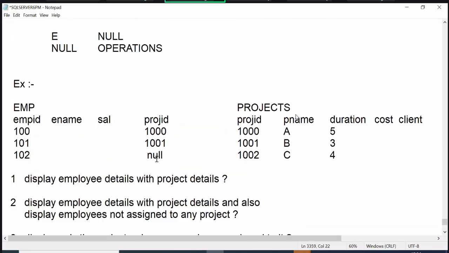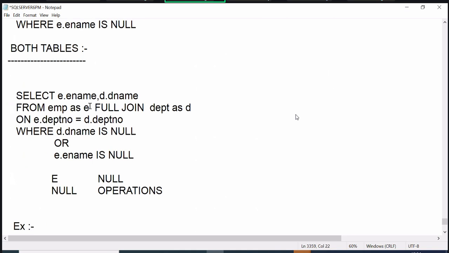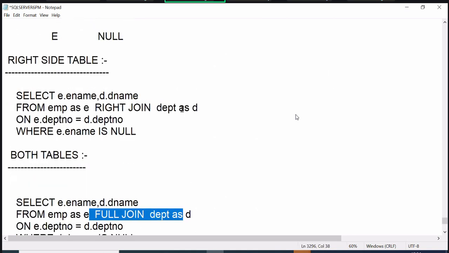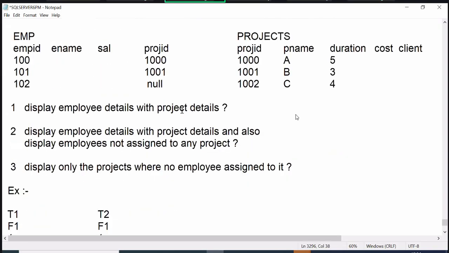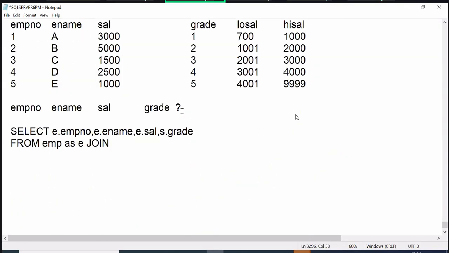Previously, what keywords did we use? Inner join, left join, right join, full join. For a non-equi join, you can use inner join, or otherwise you can use the join keyword. Join sal grade S, sal grade S on what? On